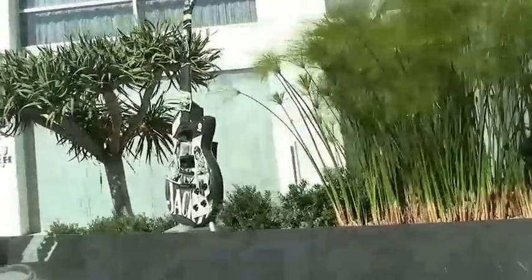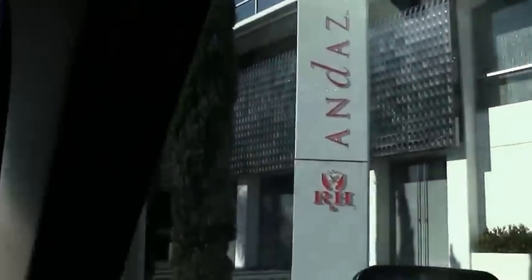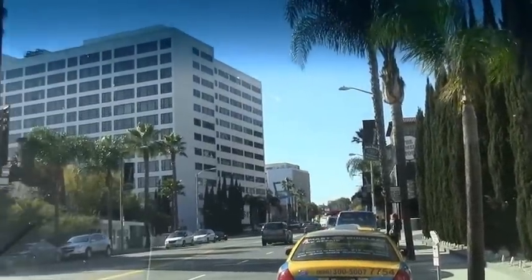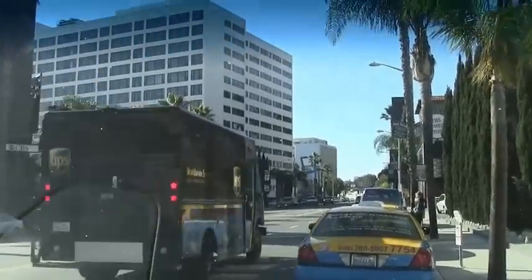It's a legend. And right here we have Hollywood Hyatt Hotel. Now it's called Andaz Hotel, managed by Hyatt. It had a reputation for being the riot house. That's why you have RH on the column. Notice the other tour guides go right by and they don't tell you about all these things. But anyway, the reason it was riot house or crazy house is in the old days when rock and roll